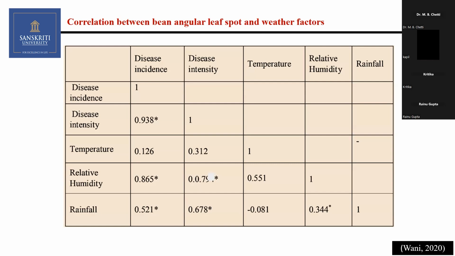So relative humidity and rainfall are positively correlated to the disease intensity as well as disease incidence, whereas temperature is not significant in this case. And relative humidity and rainfall, they are also positively correlated. Actually, I didn't talk about path analysis. Path analysis is used for the indirect effect. See, temperature and rainfall are correlated, you know, but relative humidity is also indirectly talking about that. I'm not going very deep into that because that again will take 1 hour to talk about path analysis.